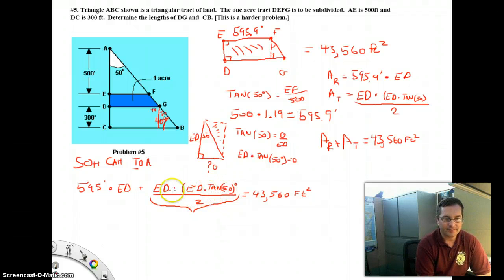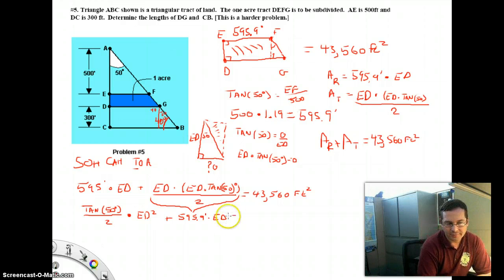And I'm going to rearrange the order in which these things are written. Because if you think about it, multiplication is commutative, right? We can move it from one position to another without changing its value. So I'm going to pull the tangent 50 and the 2 out in front and make it a coefficient. So tangent of 50 degrees, which again is a constant number we can look up in a table, divided by 2. And then what is left? Well, ED times ED, which is just ED squared, plus 595.9 times ED,